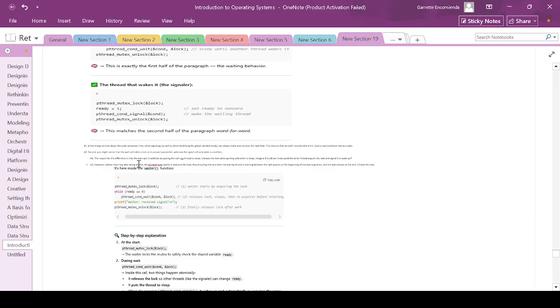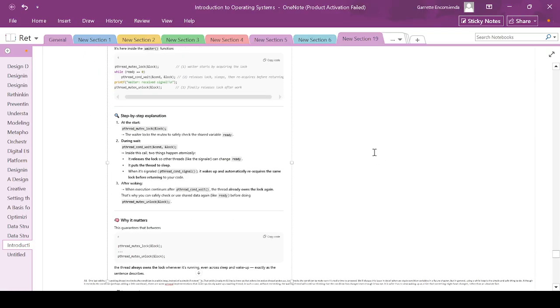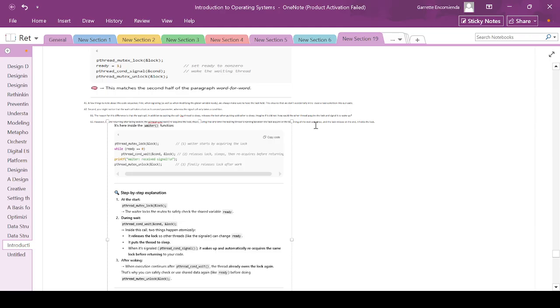So after it receives a signal and is woken up by the signaler, the waiter reacquires the lock that it released earlier, thus ensuring that anytime the waiting thread is running